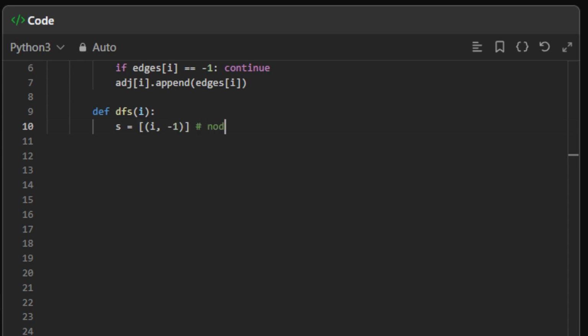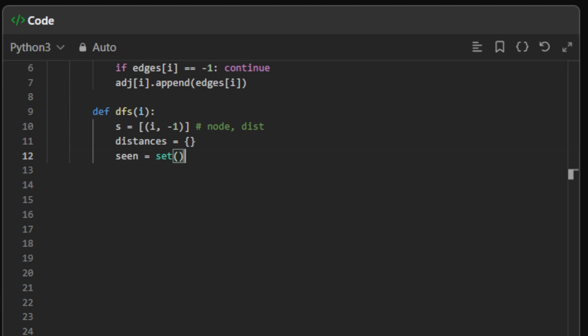So this is node and distance, and we will create a map. We will call this distances. This is an empty map, and we will create a set. We will call this seen,